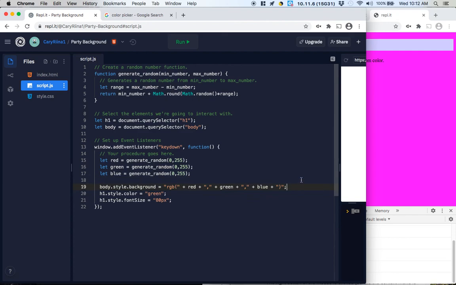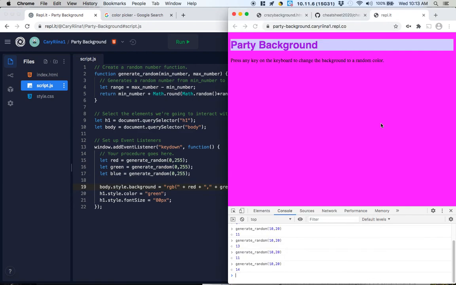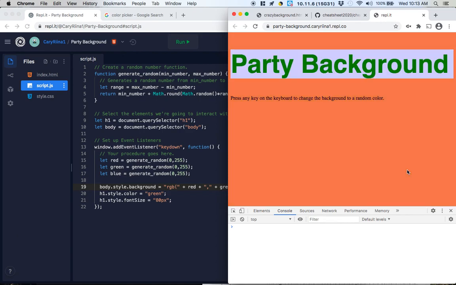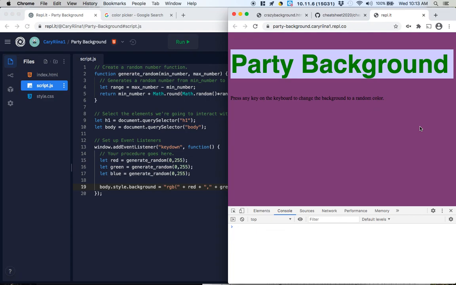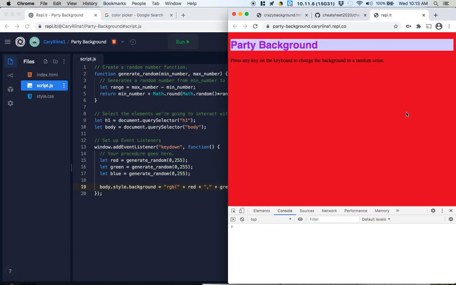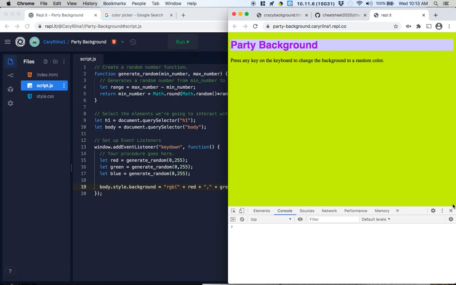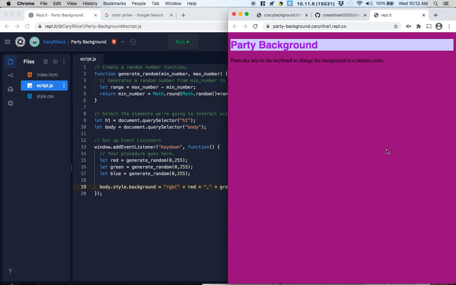All right, cool. I don't need to save the web page. I keep pressing Command S. Let's refresh this web page. And now when we press any button, you'll notice that the background changes to a different random color. The reason why that's working is every time we press the key down, it generates 3 random numbers and then changes these. So I'm going to delete these H1 styles. I don't really love those. It kind of throws off my party mode here. So let's see how this looks instead. Now every time we press a button, it will do that. I'm going to get rid of the JavaScript console by pressing that X. And